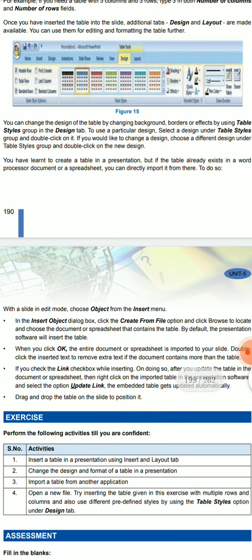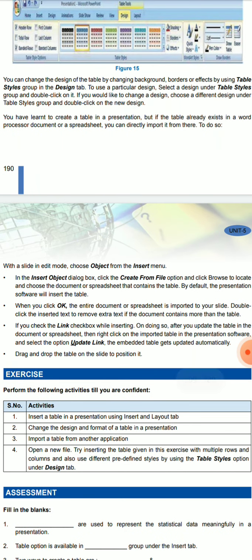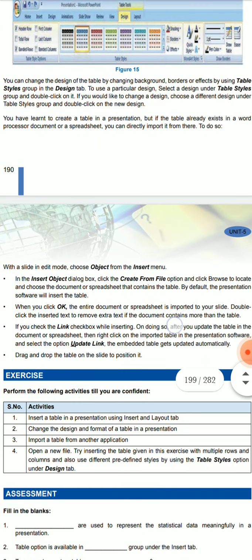Now, since you have learned to create a table in the presentation, if the table already exists in a word processor document or a spreadsheet, you can directly import it from there. If you have created a table in a Word document and you want to import that table to the presentation, you can directly do that. In the insert object dialog box, click the create from file option and click browse to locate and choose the document or the spreadsheet that contains the table, and the presentation software will insert the table. So for that you can click on the insert object option